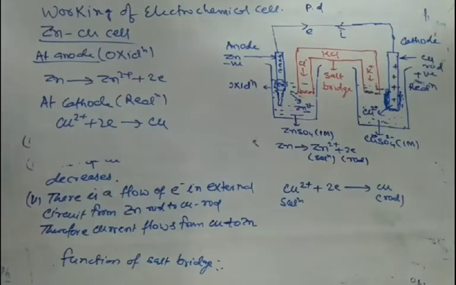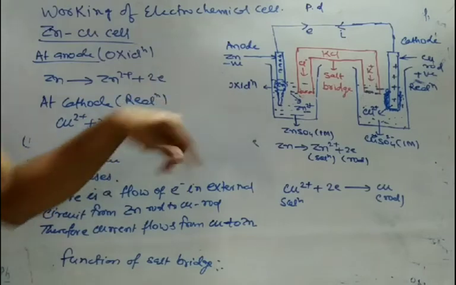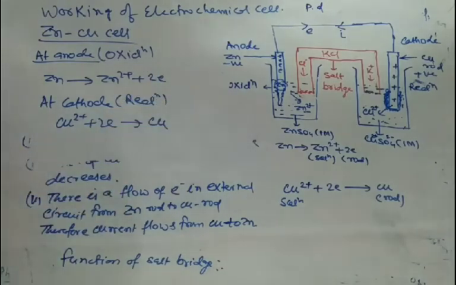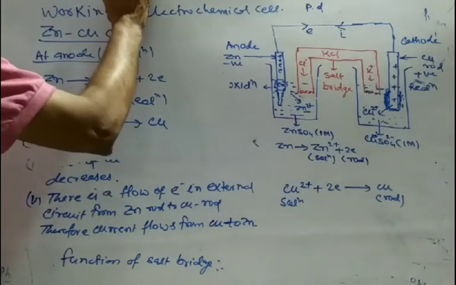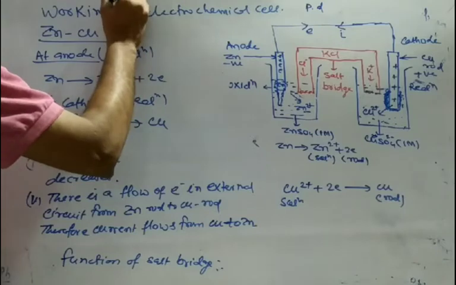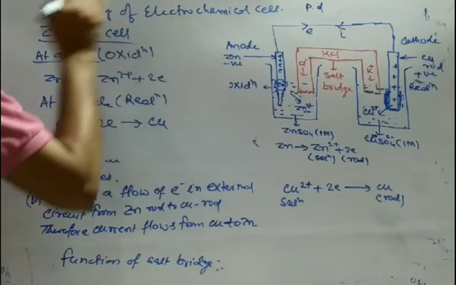A student can ask this question: Sir, why did it happen this way only, why not the opposite? Because zinc has more tendency to lose electrons as compared to copper, and it will be decided by electrode potential. Okay, we will look at the value of electrode potential, and we will see that Cu2+ ion has more tendency to gain electrons as compared to Zn2+ ion.